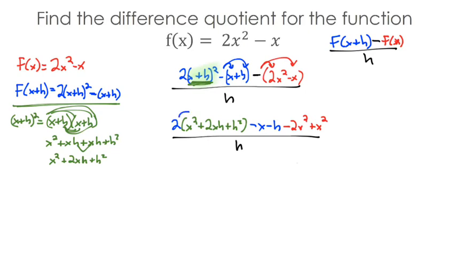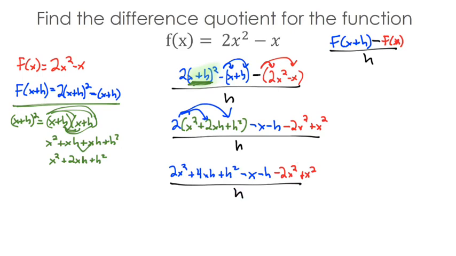Now it looks like there's a little bit more distribution we can do right here with this 2 that's out in front. So we now have 2x squared plus 4xh plus h squared. And then I'm just going to copy down all the rest of this. And then we need to divide by h. All right, let's see what cancels. Hopefully, a lot of stuff. But let's see. It looks like,